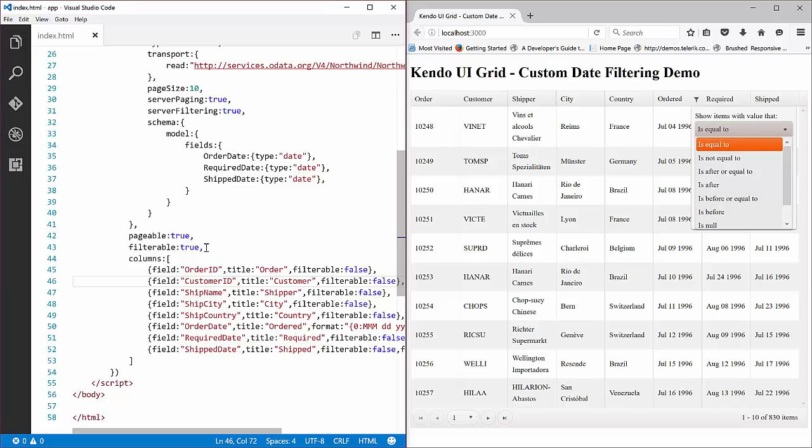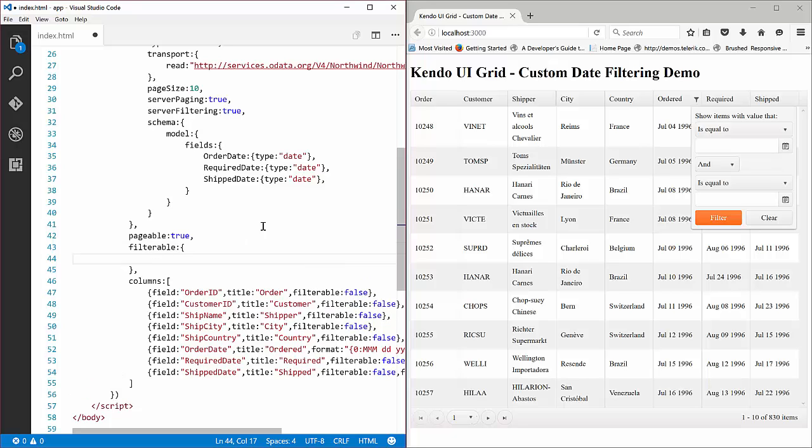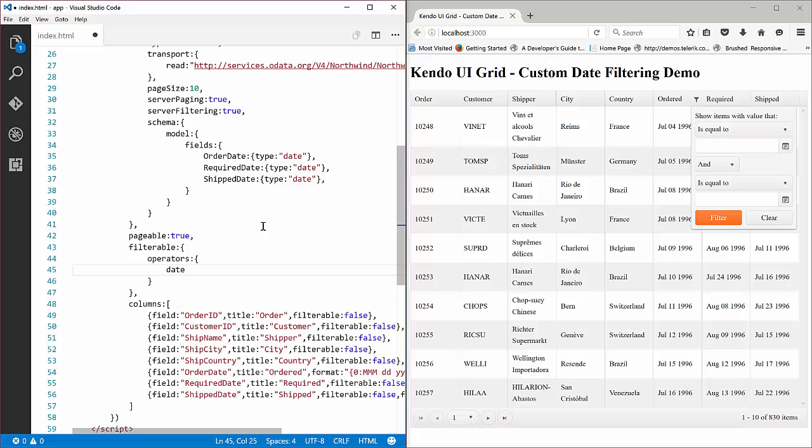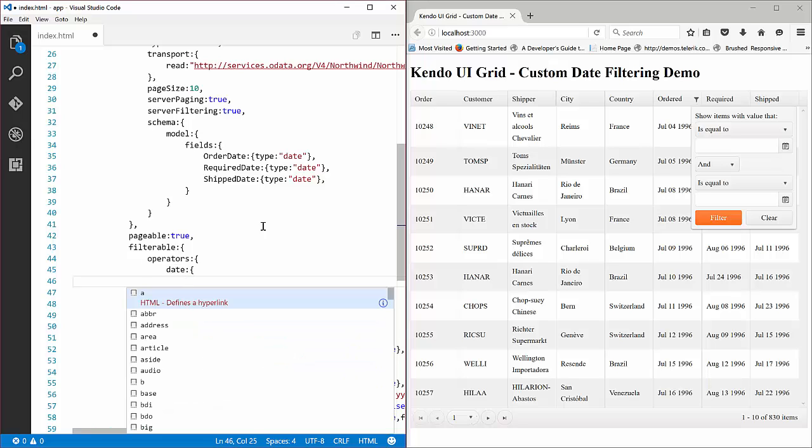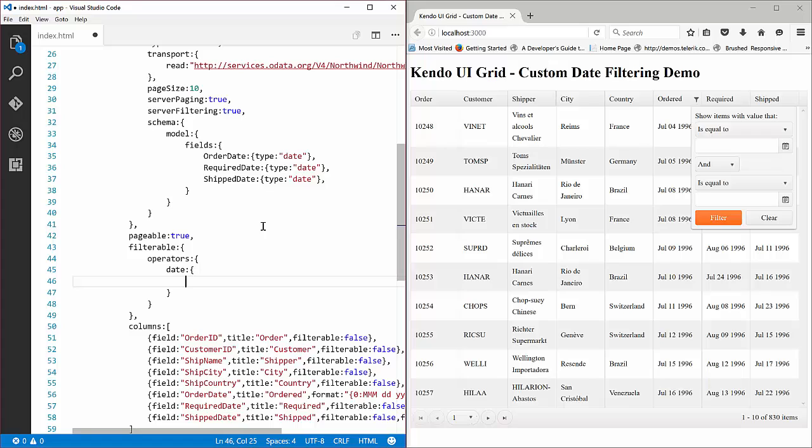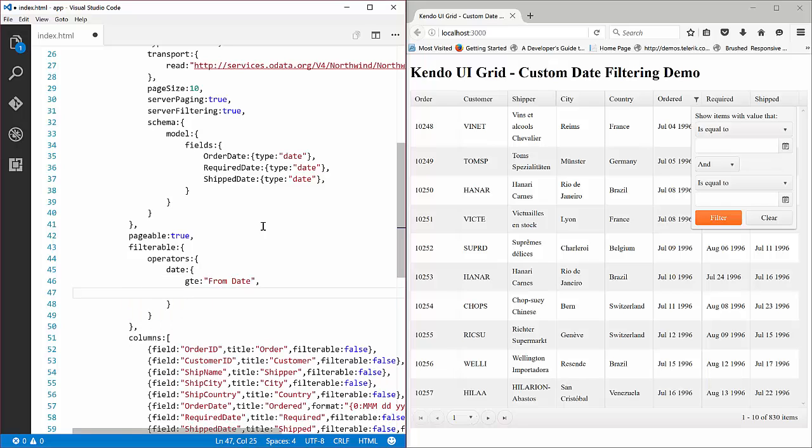So what I need to do is, in the filterable, instead of saying just true, we have an option of specifying what operators we should see. So we have operators, and I know for sure that I'm working on a date data type. So here I can say that for the date data type, during filtering, just provide me greater than or equal to, that's the from date, and also less than or equal to. I want only these two, right? So the moment I do this and save,